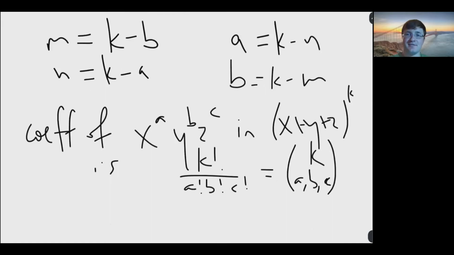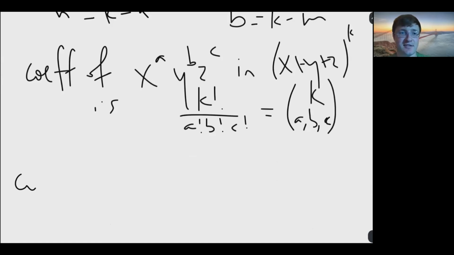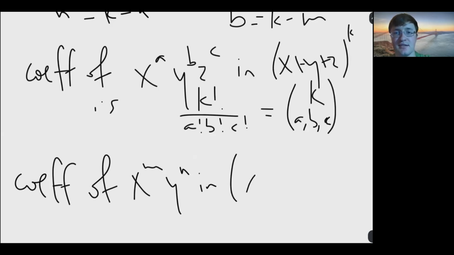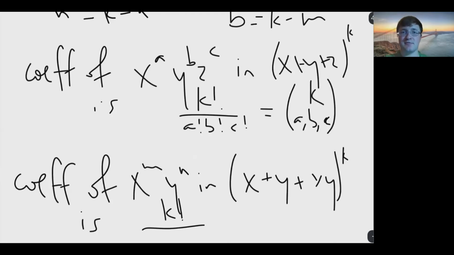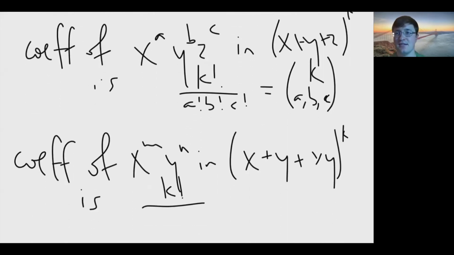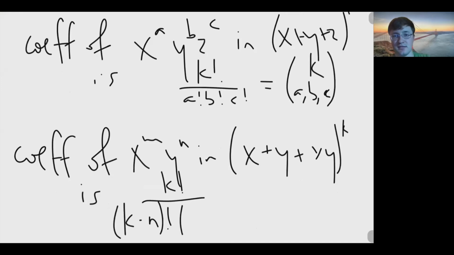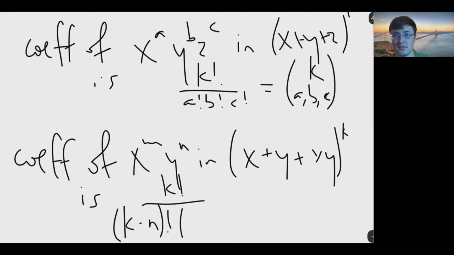Okay, so putting this all together, what we get is the coefficient of x to the m, y to the n in, well, I replace z with xy, and I get k factorial over, now what was a, I had k minus n x's, so I have k minus n factorial, and then I had k minus m y's,